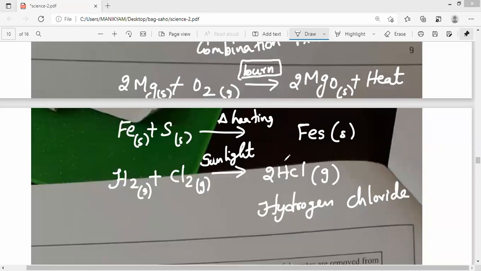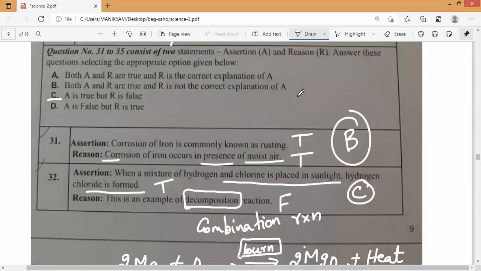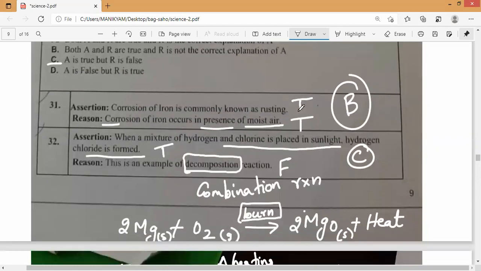From this is the reason and assertion which you should learn. One thing: the formation of hydrogen chloride will take place under what, guys? It will take place under sunlight. This is the most important MCQ. Please kindly learn. Understand, Ra? So under sunlight it will take place. This is also a new thing which we learn. So be careful, guys. Okay, Ra?